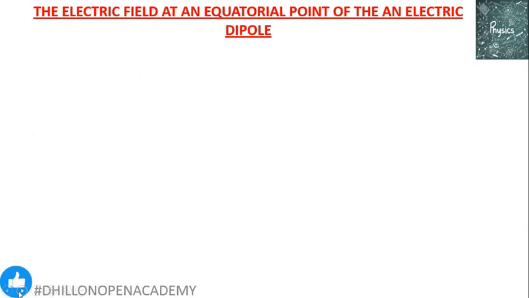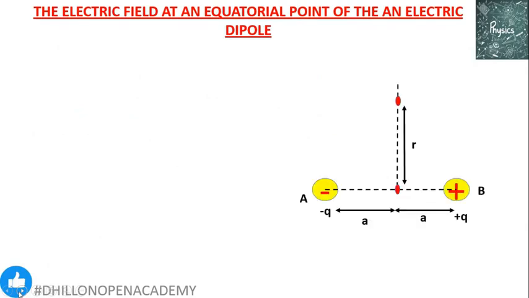Let's do the same case for the equatorial line. So here we are having the equatorial case. P is observation point, O is the origin of the dipole, distance between them is R. Again we are going to apply superposition principle. First we will find electric field due to positive charge at point P, neglect minus charge. So if we place a positive test charge Q0 at P, the charge at B will repel the charge at P along the line BP indicated by EB.